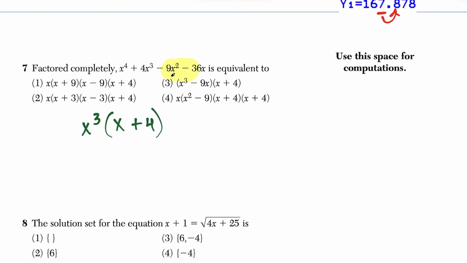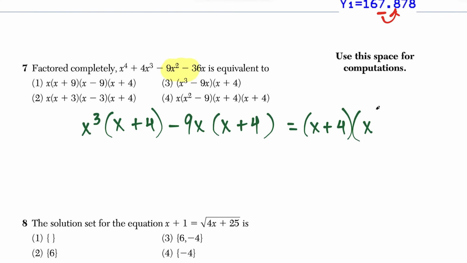So I'm not going to take out a positive 9x. I'm going to take out a minus 9x. And the reason being here is when we divide each of these terms by minus 9x, if we do minus 9x squared over minus 9x, we're going to have an x left. And when we do minus 36x divided by minus 9x, we're left with a plus 4. And there's the match that I was talking about. So now I'm going to take out the common x plus 4. So we take out x plus 4, and we're left with, in parentheses here, x to the third, and then